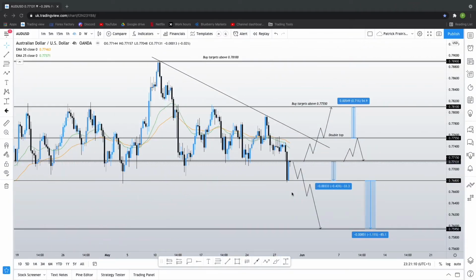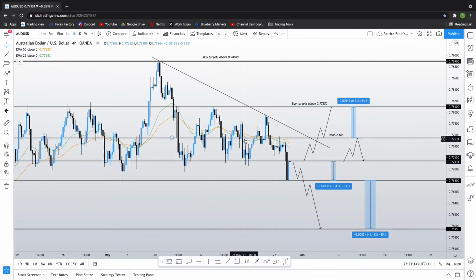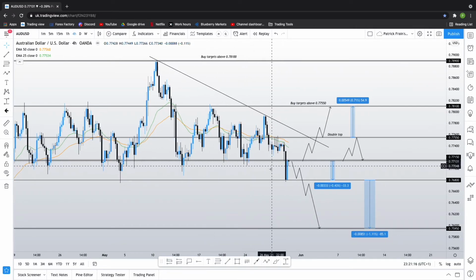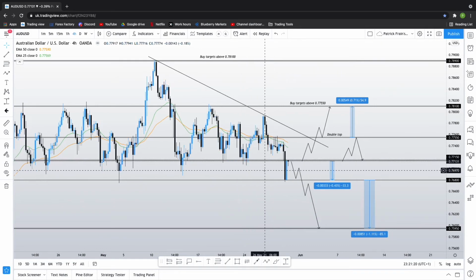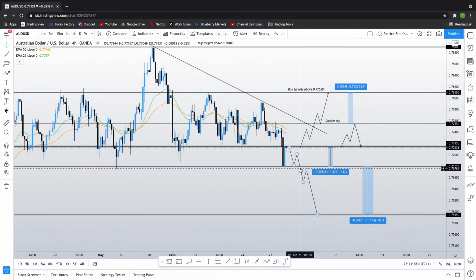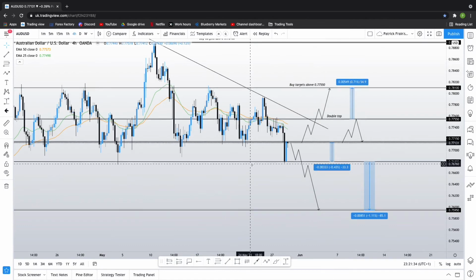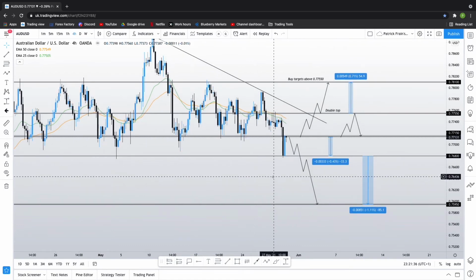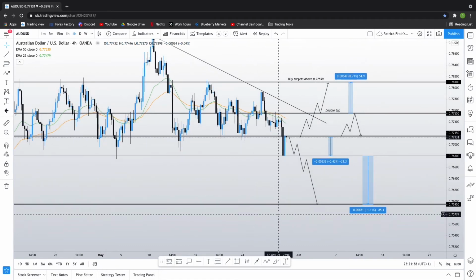Moving over to AUD/USD guys on the 4-hour time frame, as you can see we are currently trending to the downside. We have recently just broken 0.77150, which has been acting as support. We are currently being pushed back to this level, so we are looking for a break and retest of this level for a hold. The first target we do have is back down at 0.76800, which is around 33 pips,